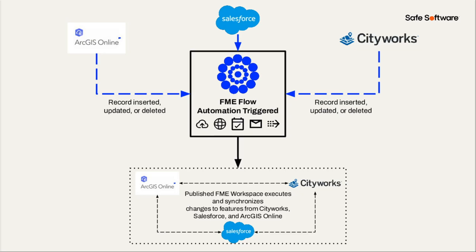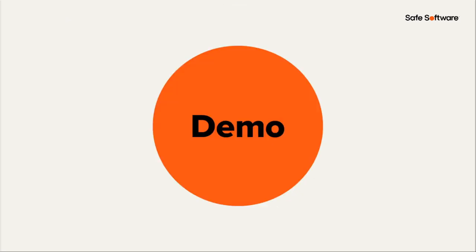Just quickly show this slide as well. This is another example that you could set up, a little bit more complicated, where both systems are triggering an automation. So when a record gets inserted in CityWorks, or when ArcGIS Online is updated, it's triggering an automation to keep both systems in sync. I say more complicated, but really not that complicated. It would be just 2 webhook triggers and processing the payload coming in from each system. Okay, so let's jump into this demo.